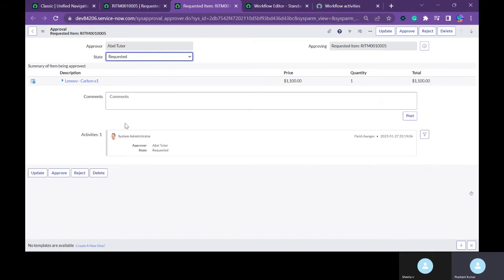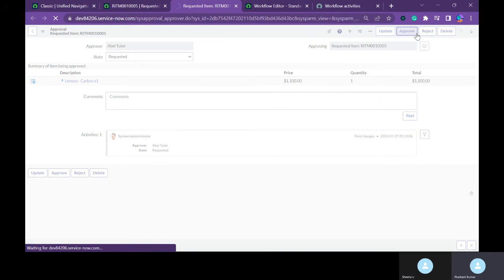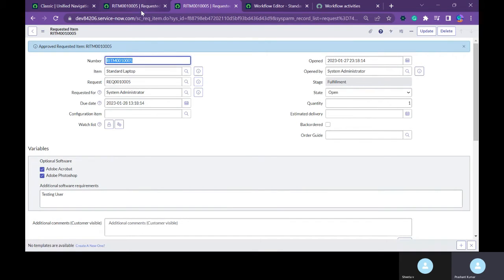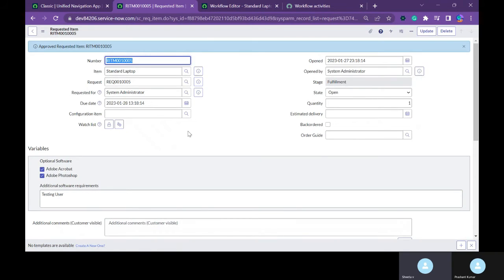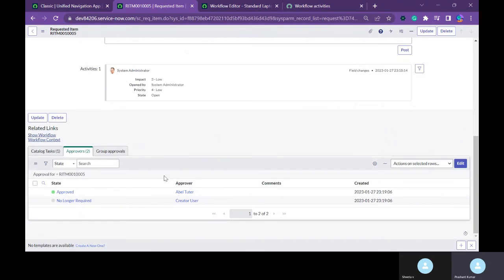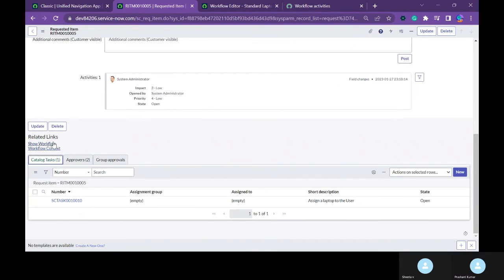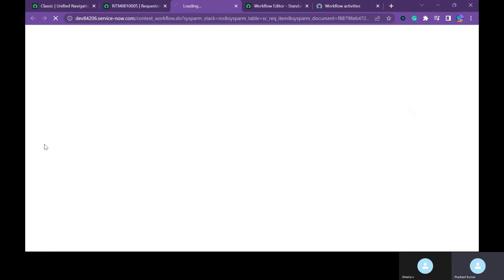If I click on this, the approval is also triggered to them for approving, and they can approve this request using the system also, logging in to ServiceNow, and they can just click on approve like this. And you will see as soon as approval is done, our next approval goes to no longer required, right? Because we chose anyone can approve. Yeah, and you can see our stage is set to fulfillment after the approval is completed. And we can check our workflow also